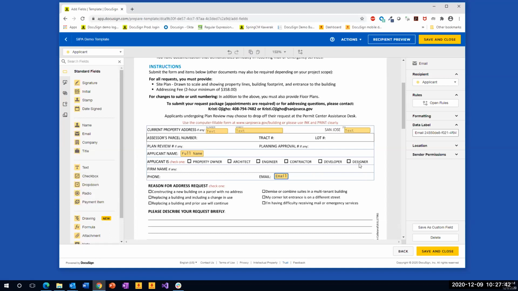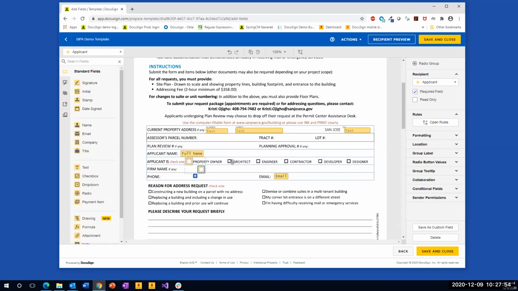In the event that you only want one of these options to be selected, you should not be selecting checkbox, because checkboxes usually allow you to select multiple choices. So what you would want to do is to do radio buttons instead, right? So line them up nicely like this in a group. So this is a radio button group, which means that the applicant can only select one of these. They cannot select multiple ones, and that will prevent them from making a mistake, right?